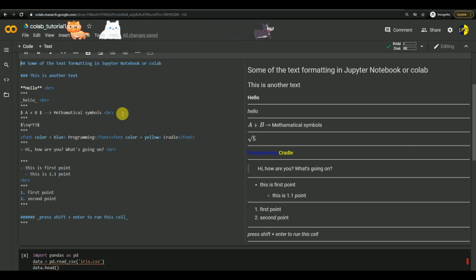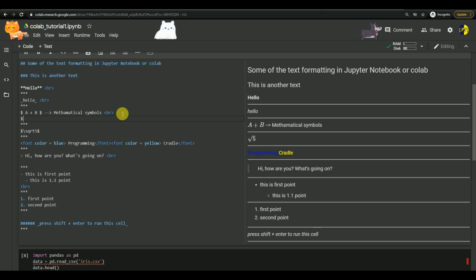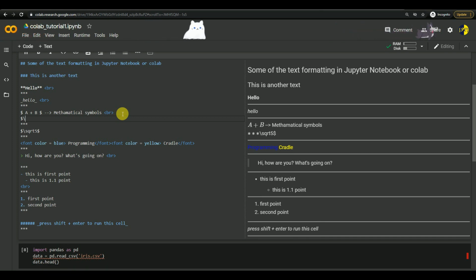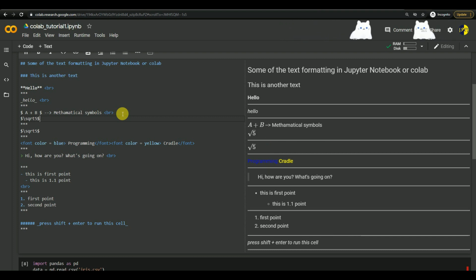You can also use mathematical symbols, like you can see here, it shows in a mathematical form. It uses LaTeX. Let's say we want to give under root 5, so we'll write sqrt 5 and enclose it in $. And to run it, it shows you in real time, so you can see here, oh, it is already there, I didn't see it.